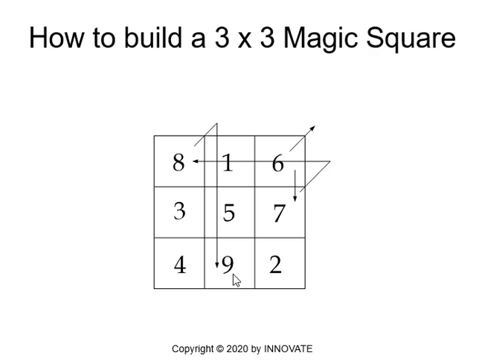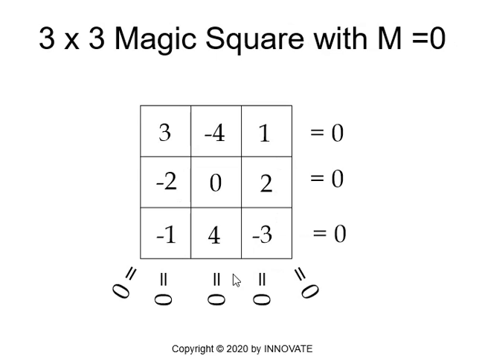With the same method, we can do the 5 by 5, 7 by 7, any size, or an n by n magic square with odd value of n. So that is the 3 by 3 magic square. Once we finish the 3 by 3 magic square here, we will look at a magic square, as we said,